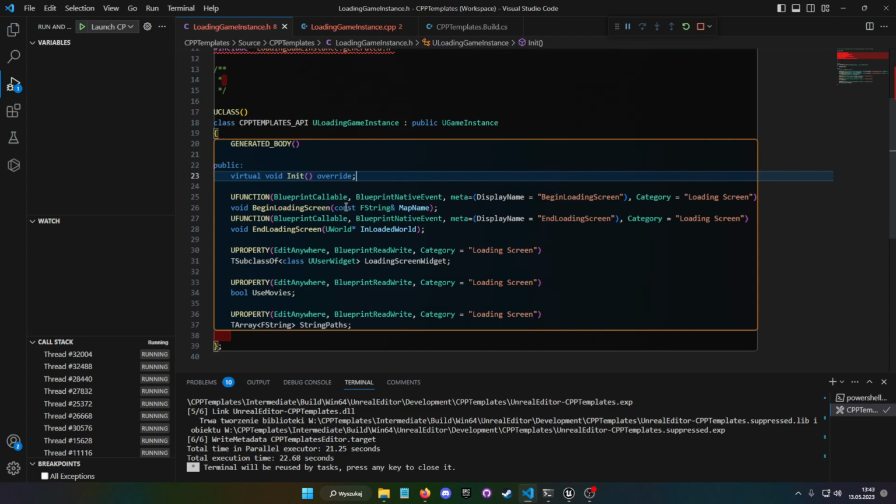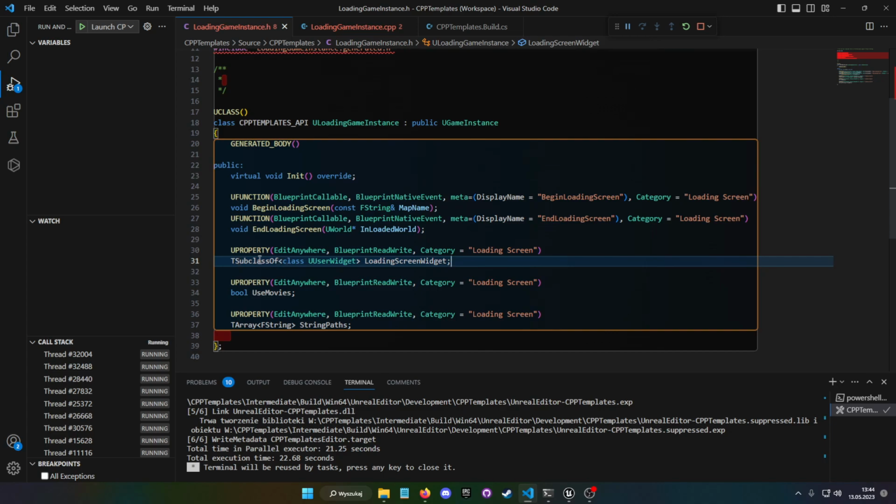This is my own innovation, because it is actually quite useful, and I am using an overridden function of that to actually display the end widget, which says that the loading is completed, press X to continue. And then I have some variables, basically a class of a widget that we want to display.